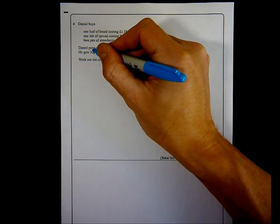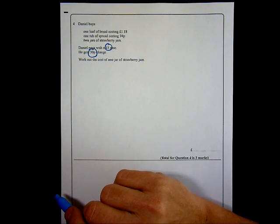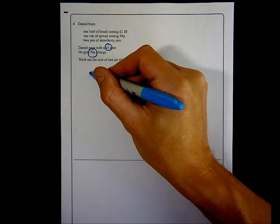On question 4, I'm told that Daniel buys 1 loaf of bread costing £1.18, 1 tub of spread costing 94p, and 2 jars of strawberry jam. And he pays with a £5 note, and he gets 30p change. So first thing I'm going to do is work out how much money he spent. So he spent £1.18,